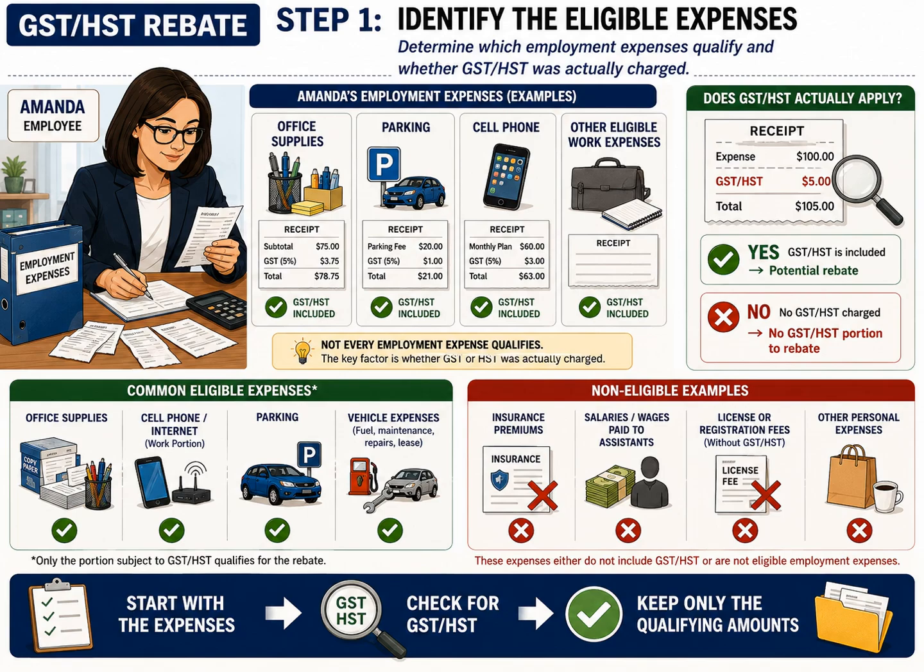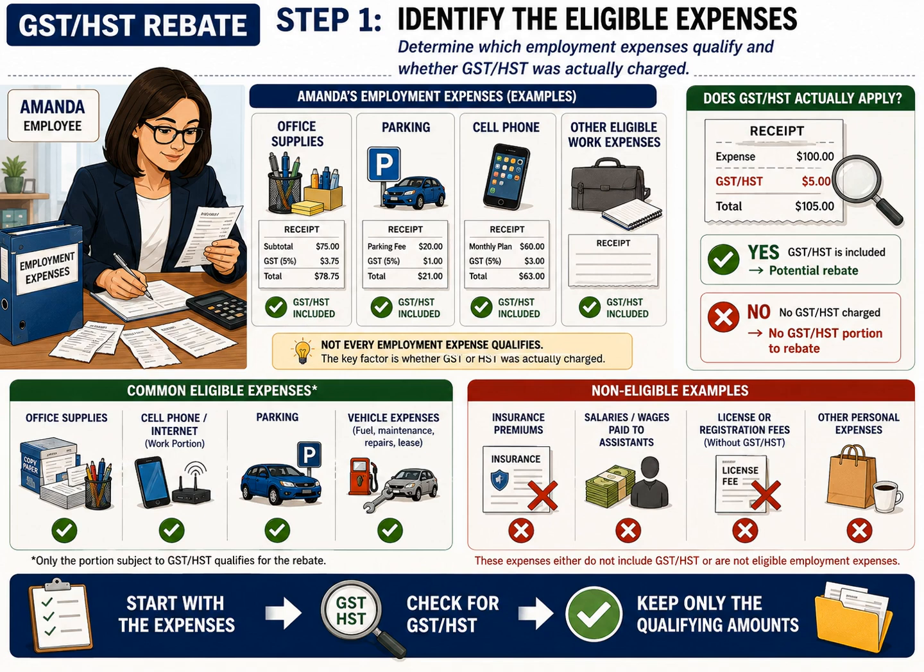But there is an important point. Not every employment expense qualifies for the GST/HST rebate. The key question is whether GST or HST was actually charged on the expense. For example, look at a receipt and identify the GST or HST amount. If GST or HST was included, that expense may contain a rebatable tax portion, assuming all other eligibility requirements are satisfied. If no GST or HST was charged, there is no